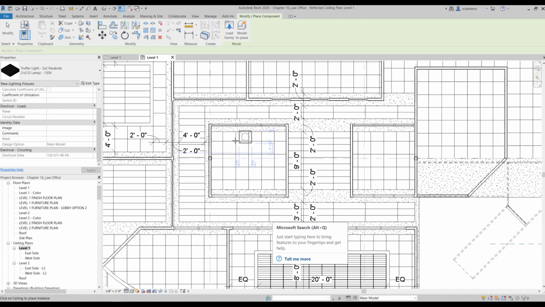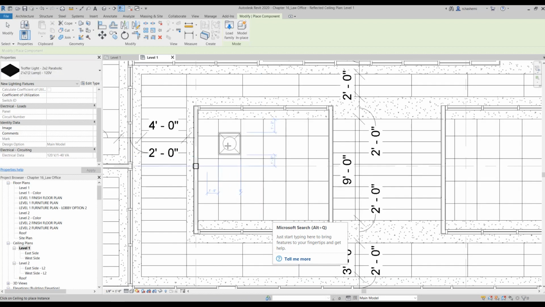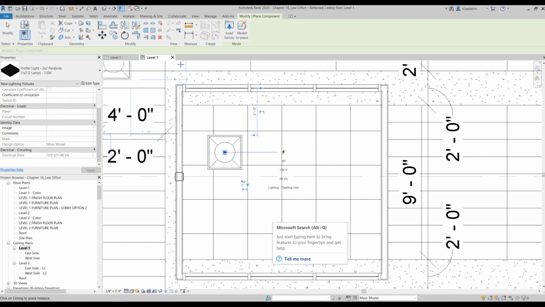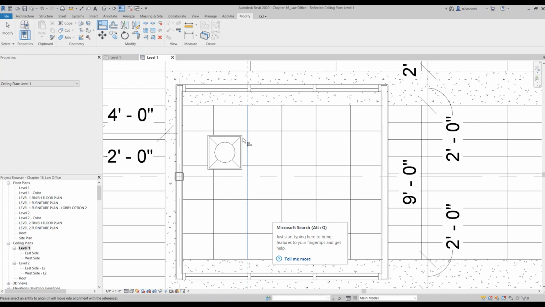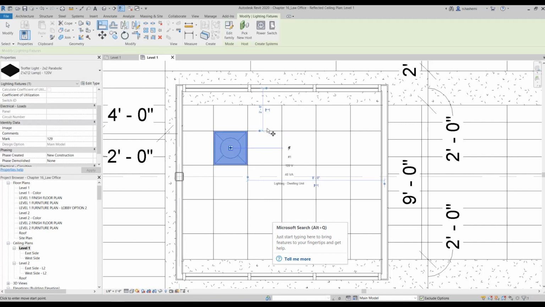And one thing which is important in placing your lightings is to make sure that the ceiling tiles are centered to the space. Okay, so we want them to be kind of symmetrical. So I'm going to just place it over here. And then I'm just going to place it here, and then I can use the align tool to make it aligned with the ceiling tiles. Okay, and then we can make copies.